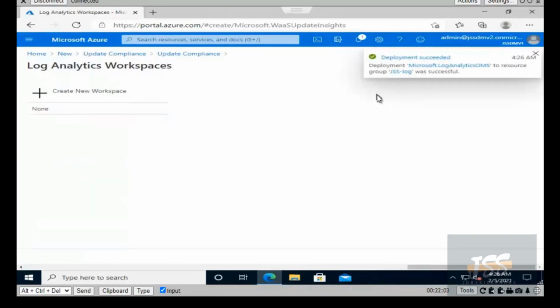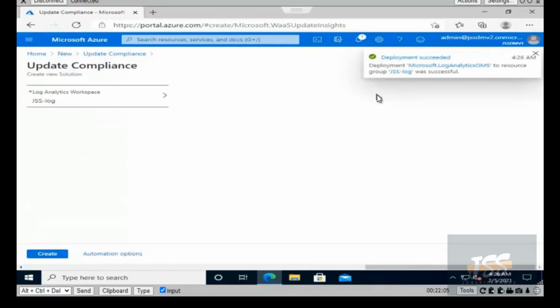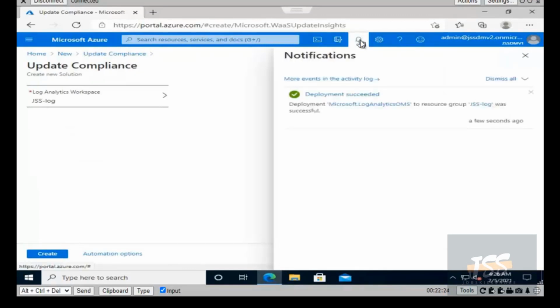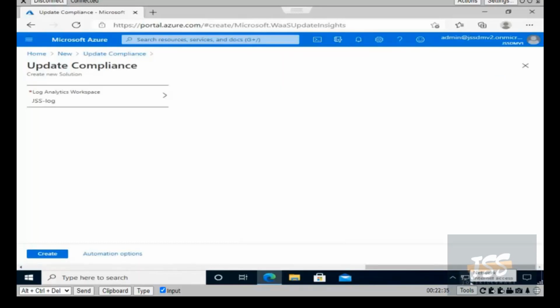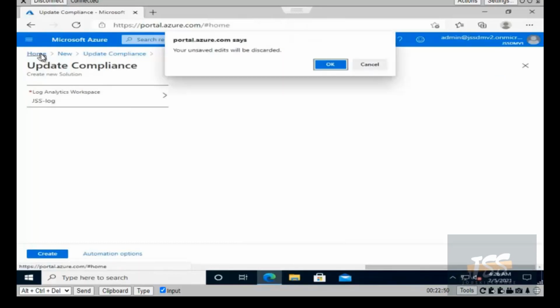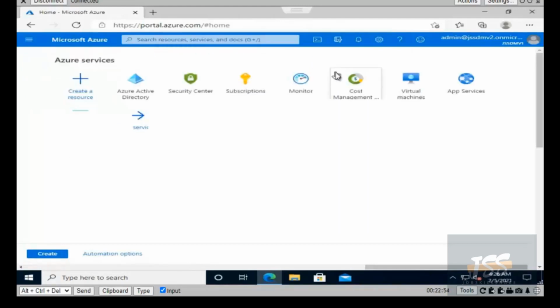When you initiate such things here on Azure, it will alert you on the right top corner, the message pops up that this is done, this succeeded, this did not. In this way you can further update it with the current and the recent details. Now here you can see that Microsoft.LogAnalytics has been configured. And now we are skipping this step and clicking OK and going back to home,